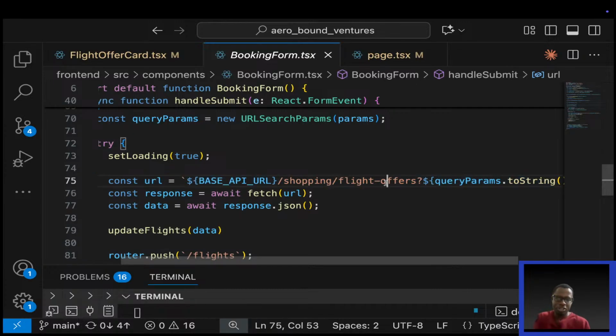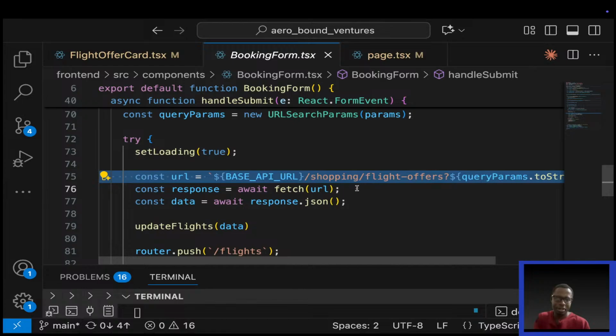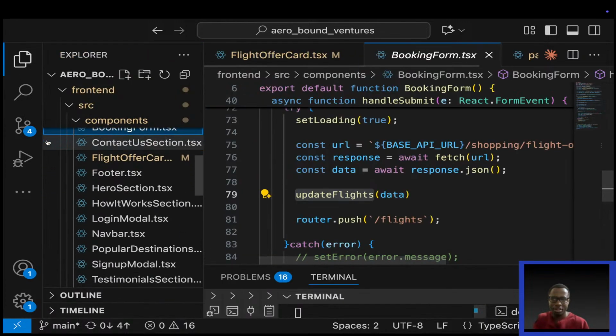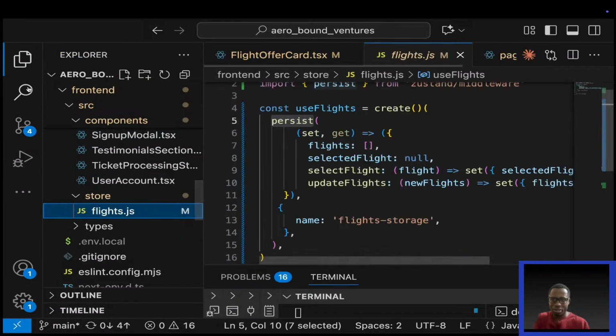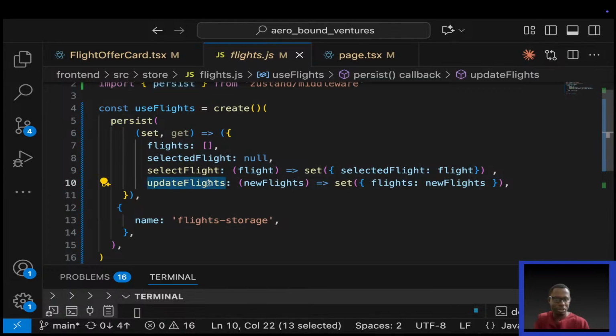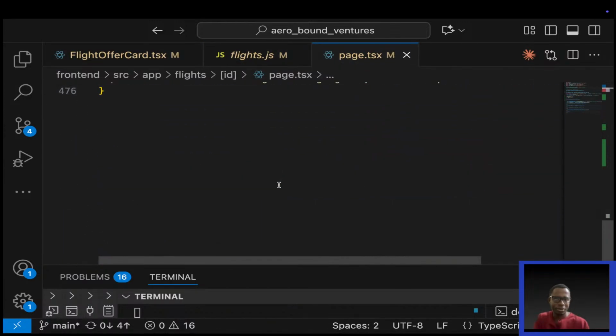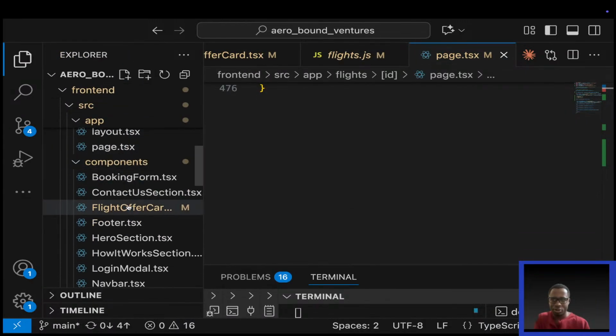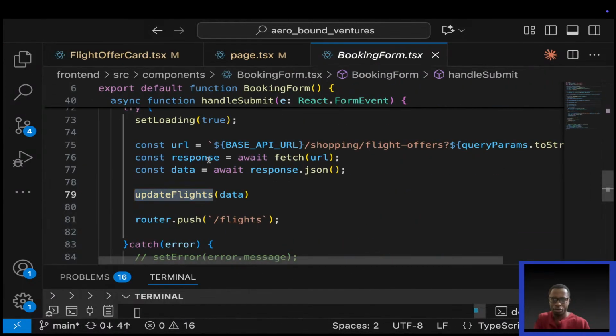So this is the URL we have. And then we fetch, await response to JSON. Then we update flights data. This function, update flights data, is what I showed you last time in Zustand. Our store, where is the store? This store here, flights.js. This function is being called. This function updates this list. So where's the component booking form? So we do that, then we push to the flights page to see the list